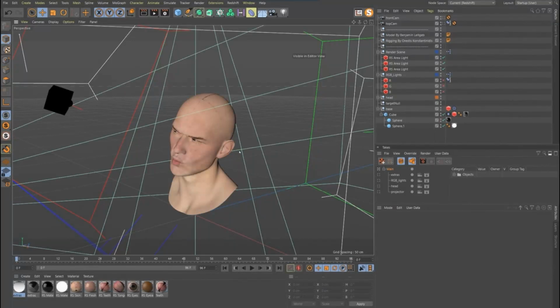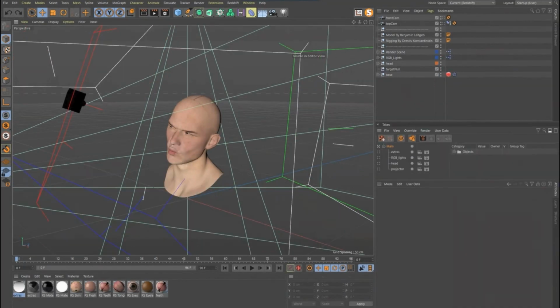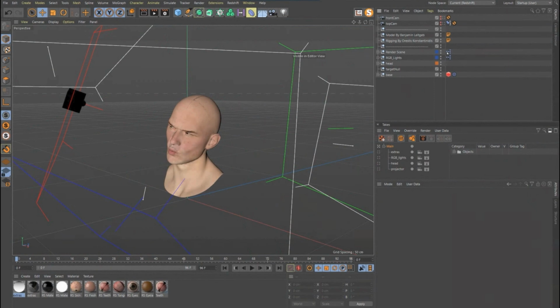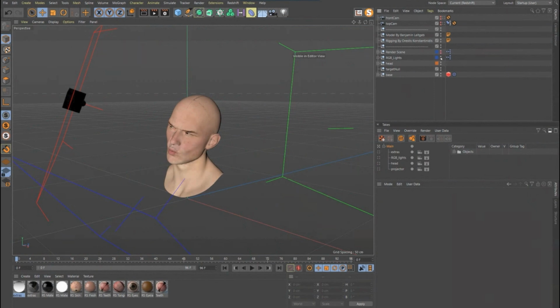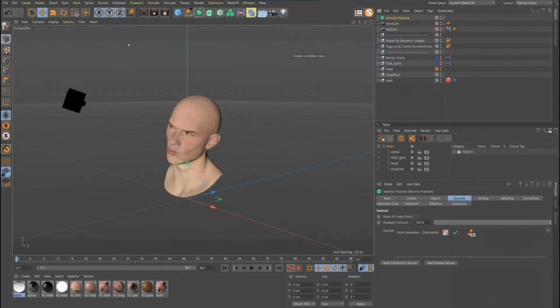And there are a few ways to do that, but the thing I want to do is do it with a Voronoi fracture. So let's work on how we're going to break up the back of this guy's head. And just for simplicity's sake, let's reduce all this stuff. We'll turn off all those lights because all we need is this. So the way I want to break this up is using the Voronoi fracture object. A, it looks cool, B, you have a lot of control in it. So I want to use that to break up the head.